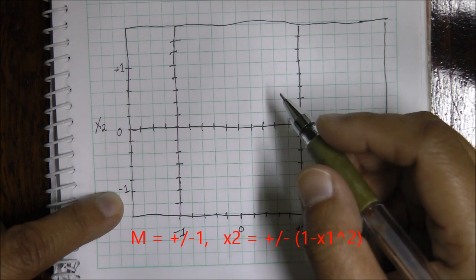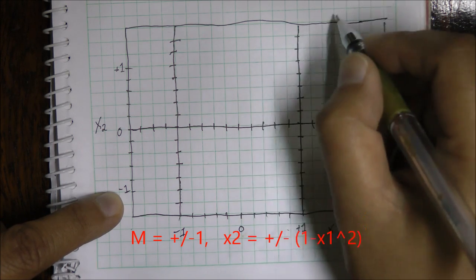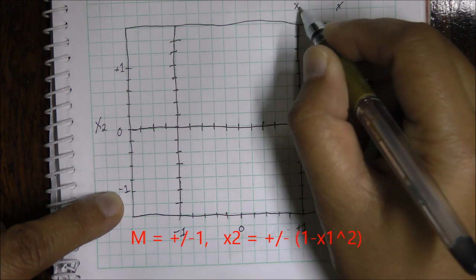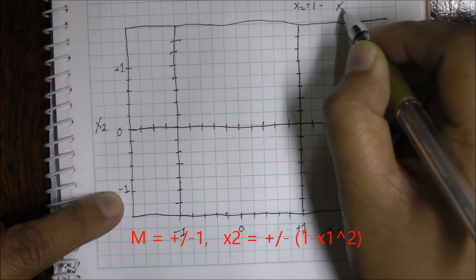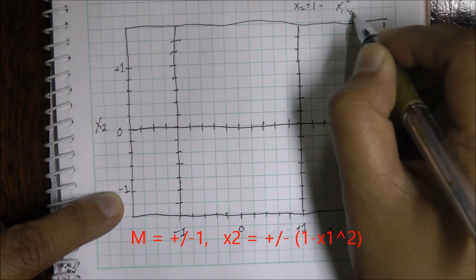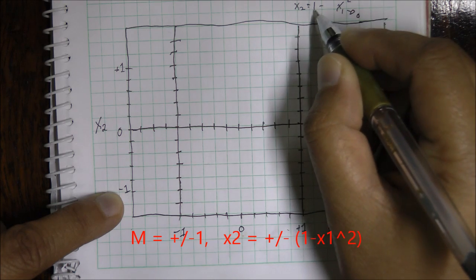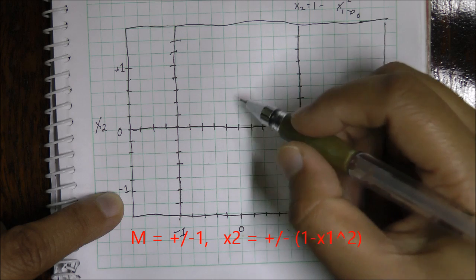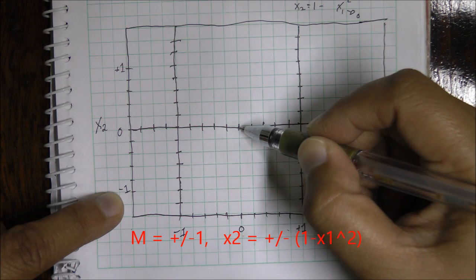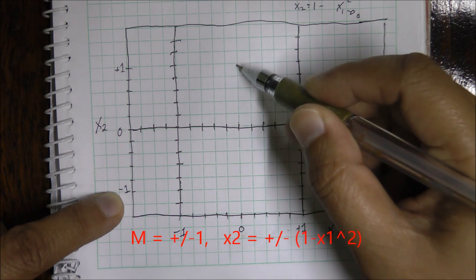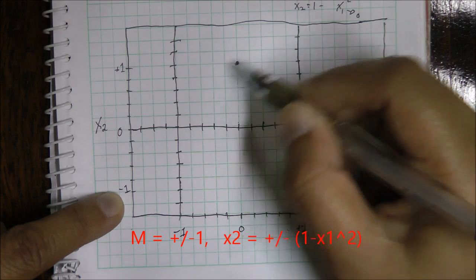So when x1 is equal to 0, x2 equals 1, so there's a point here. This would be the apex of your